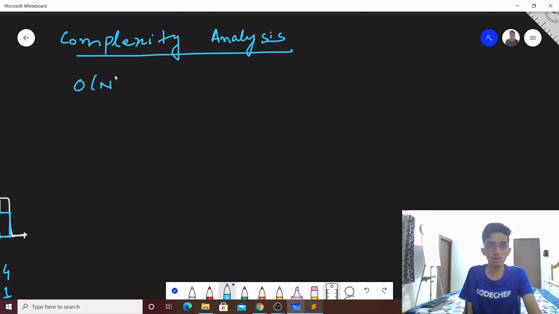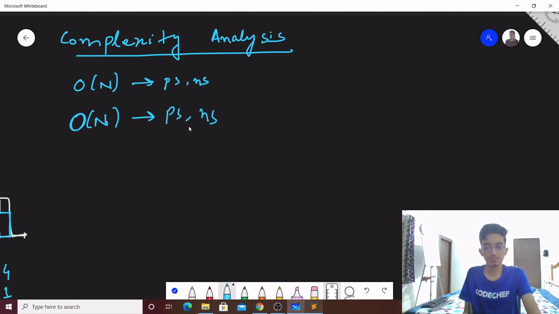So this takes O of n space to store the previous smaller and the next smaller elements. Next, we need O of n time complexity to calculate the previous smaller and the next smaller. Then we have an O of 1 operation to find the width and an O of 1 operation to find the height. So the space complexity turns out to be O of n, and the time complexity also turns out to be O of n.